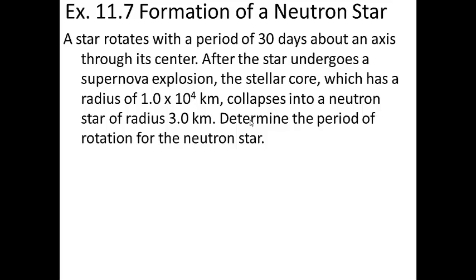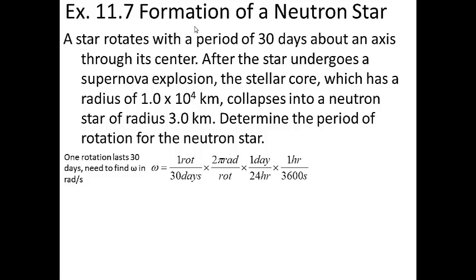Now the first thing I'm going to do is find its angular speed. It tells us that it takes 30 days to do one full rotation, so from there we can get what omega is in radians per second. So omega, one rotation takes 30 days. Just do some dimensional analysis here, and you end up with the angular speed of the star before